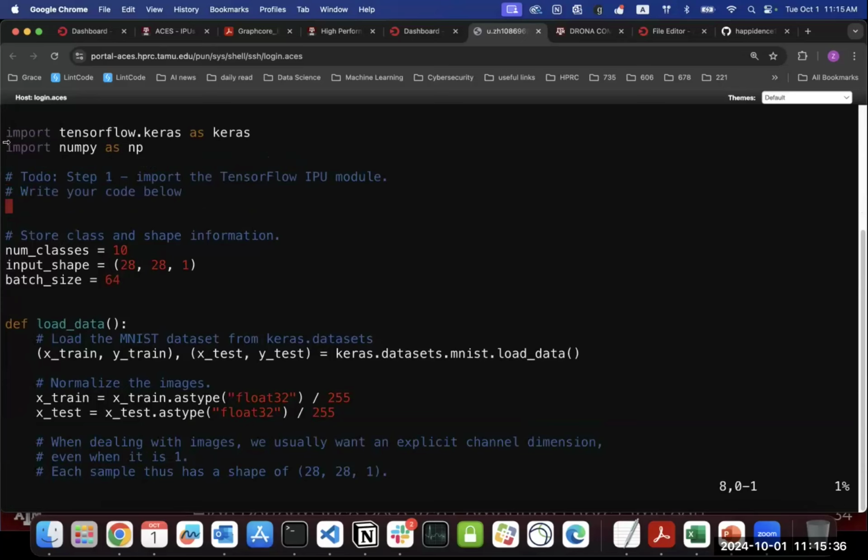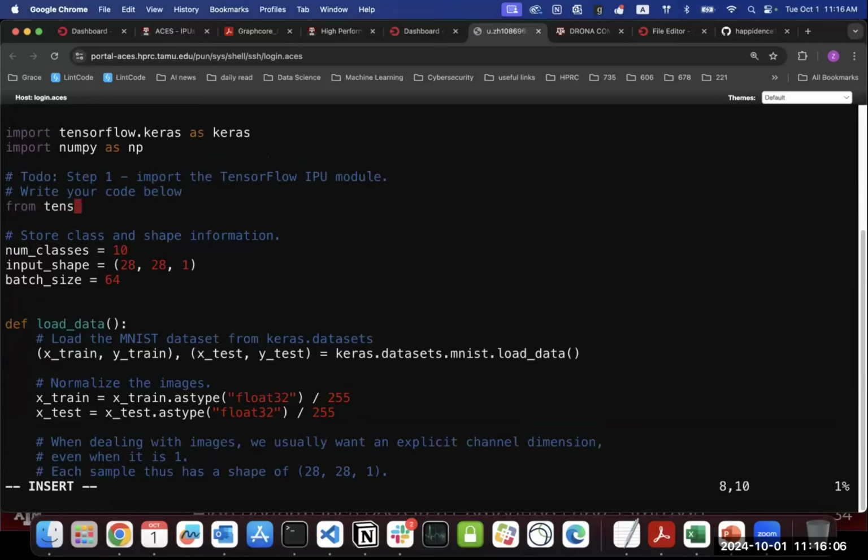If you are not familiar with Vim, I can briefly introduce it. Use Vim on your file, and it will open the file. If you want to edit the file, you can press I, and then it will say insert. Now we can write the code. For example,